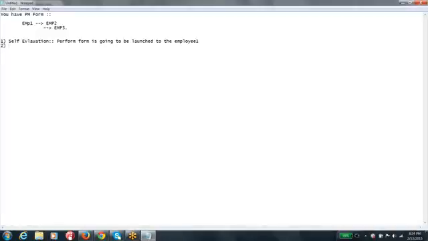Once you are done with your self-evaluation, you will be sending the form with the updated comments and with your own rating to the next step. The moment you send this form to the next step, usually it goes to your manager, right? So it will be available in the manager inbox for the manager evaluation. This is where the manager will complete his manager evaluation and provide his comments and ratings, whatever it may be.